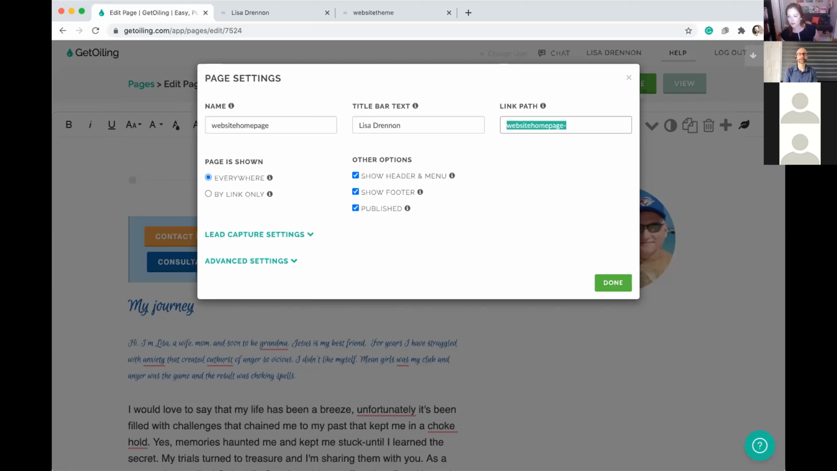Yeah, no, that makes sense. And I mean, you could certainly leave it as website. You could leave this field here as website homepage because that is your internal name for it. That's how you would find it. Sometimes it's really nice to know that it's under website homepage. That's totally cool. But this is what people will see here with the title bar text and the link, potentially